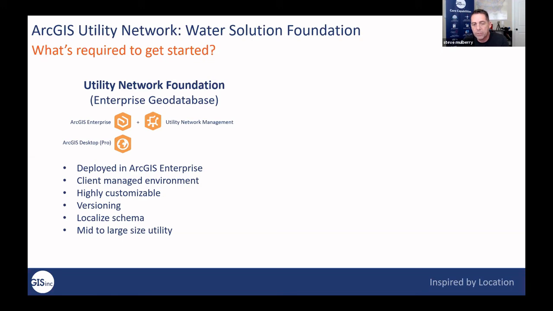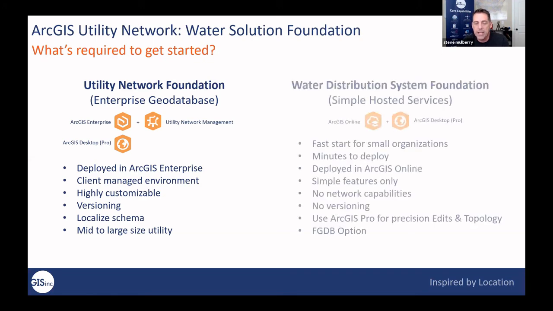But we realize that there's another side of the camp, folks that just want to get started, want to learn, and want to understand what it's going to take to get started. So there's this simple hosted feature services, and they call this the Water Distribution System Foundation, where it's a very fast startup for a small organization. Things like ArcGIS Online and ArcGIS Pro is all you need to get started. It can deploy literally in minutes. You use ArcGIS Pro to deploy the solution right to your ArcGIS Online